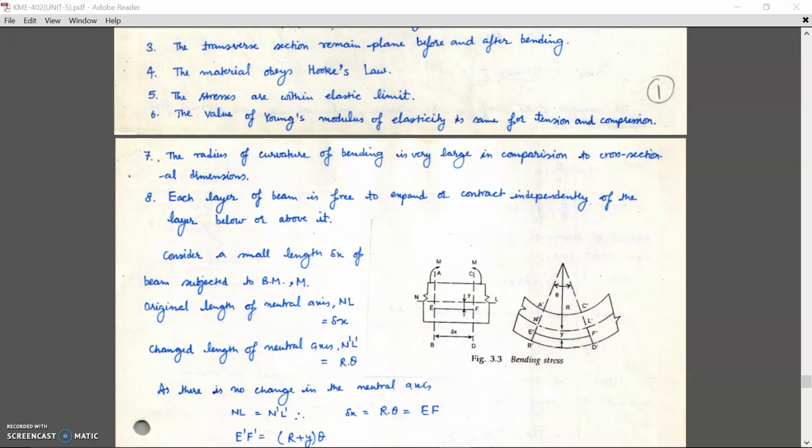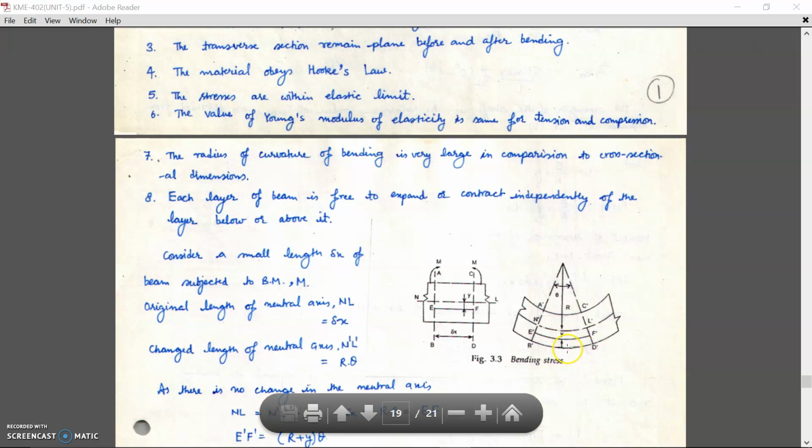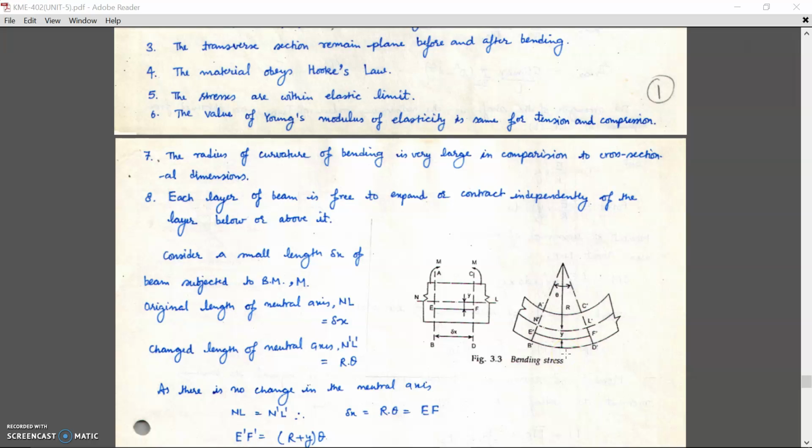Otherwise also, if we apply a certain force to it, then the majority of the time cracks will appear at the outermost surface. It can be on the outermost outward surface or the outermost surface on the inner side. That will depend upon the material, but it will appear on the outermost surface. Why the outermost surface? Because at the outermost surface the maximum amount of bending stress will act, right? This is what the theory of simple bending is.